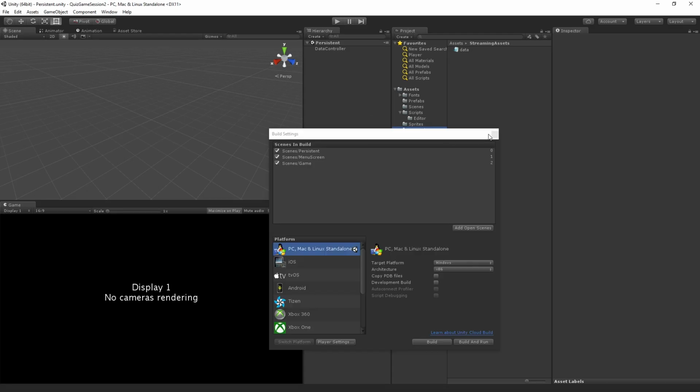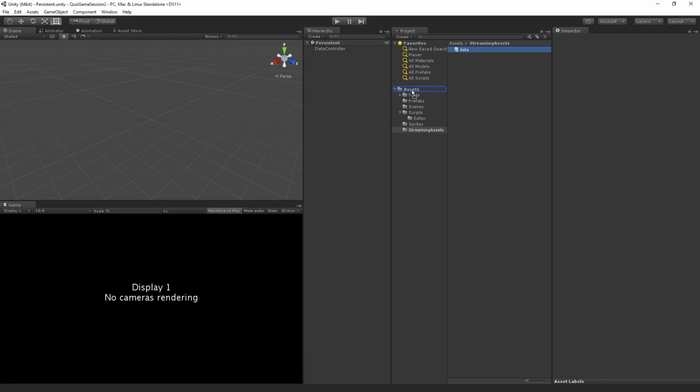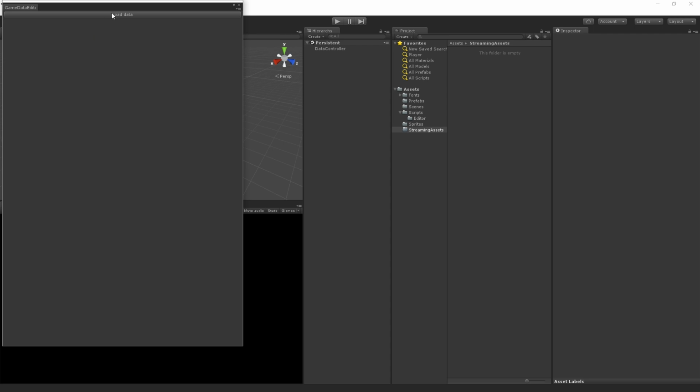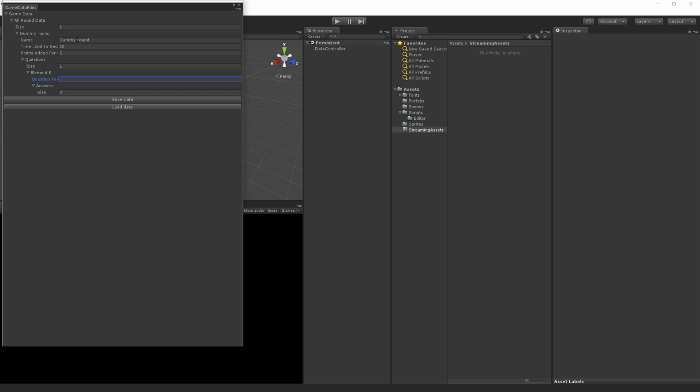If I start with no data, right? Streaming assets folder is empty. And I go to my game data editor and load data, it's now created an empty all round or game data object, which has this empty all round data array. If I add a round, we'll say this is our dummy round. The time limit is 20. Points are 5. There's one question, and the question is,